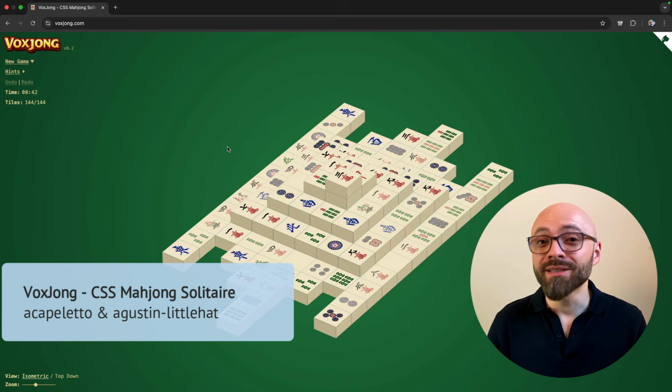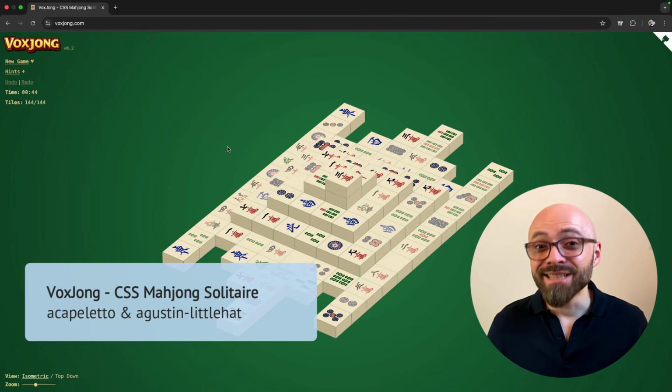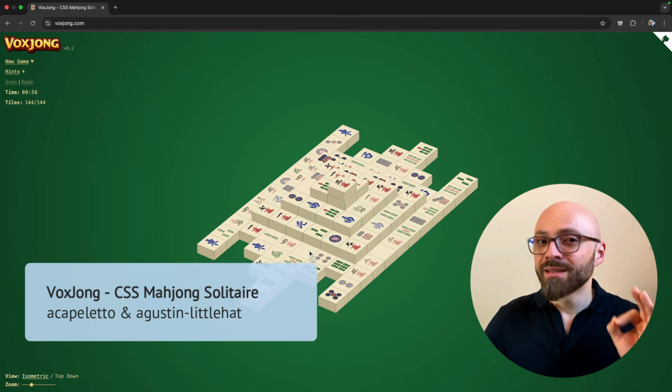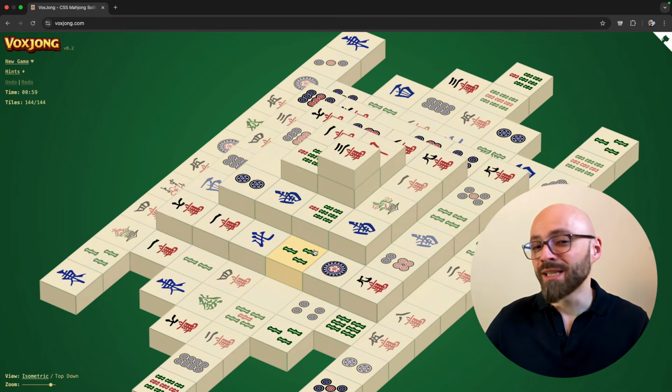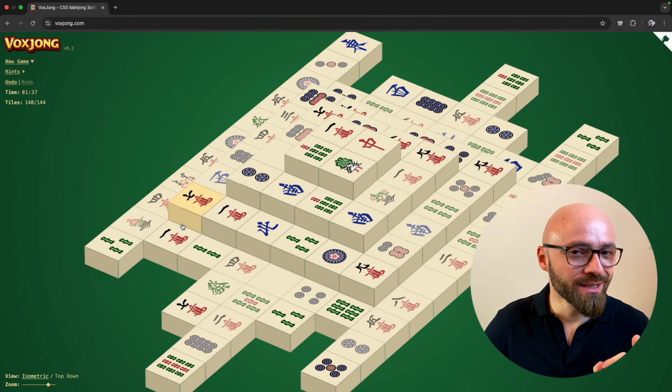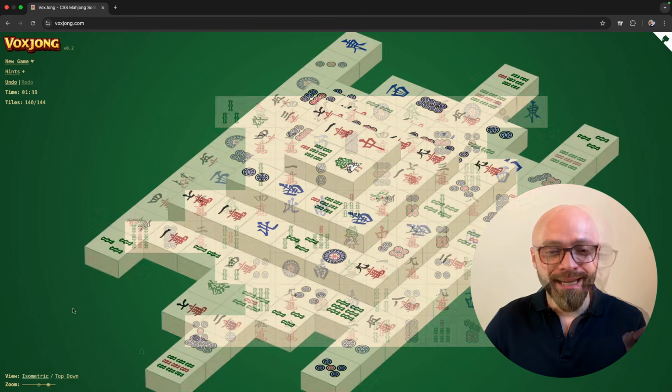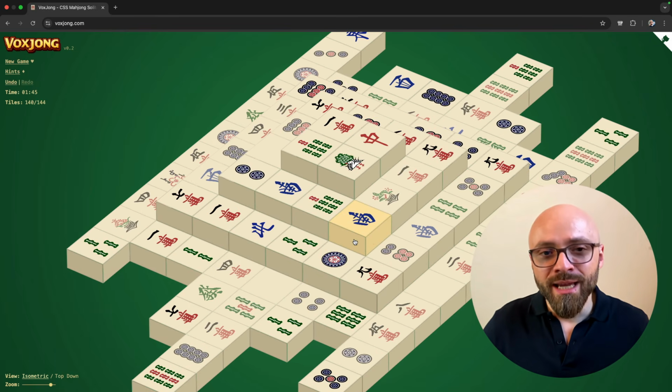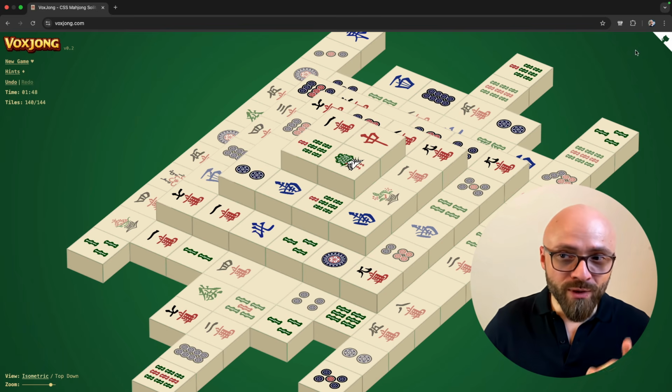Last up, I want to showcase VoxJong, a CSS Mahjong Solitaire. This is a really fantastic demo created with the CSS library VoxCSS. I'll show you exactly what it is in a bit. This game works exactly as you would expect. It's created with CSS. You have isometric and top-down views, and the library used to create this is